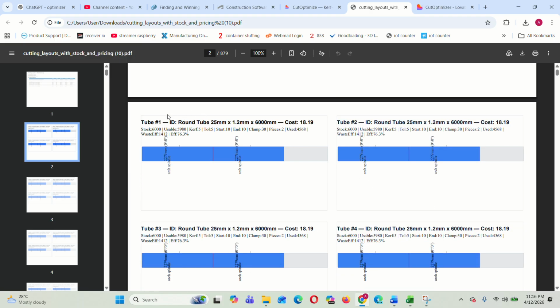So this is where you see the breakdown. As per tube, round tube 25 mm, 1.2 mm, 6000 mm. This was the stock length, which is 6000 mm, and what is usable is 5980. The reason why it's 5980 is because we have set a start trim of 10 mm and end trim of 10 mm. So once you have minus out 10 mm and 10 mm from the back and front,